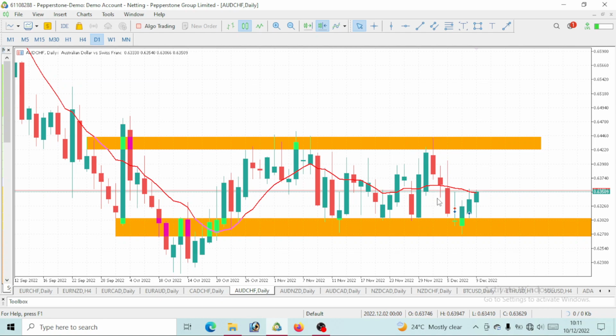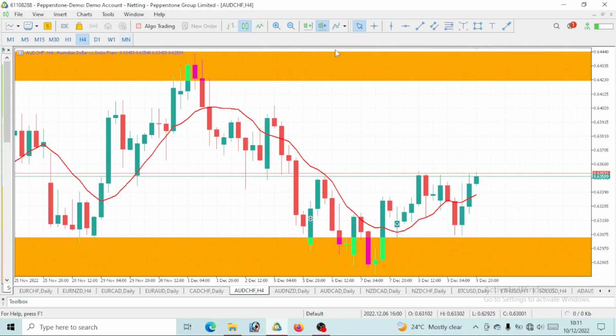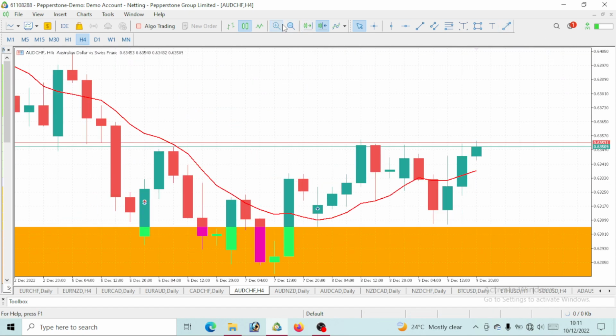So we should continue to move that same way, and that should now take us to the 4-hour time frame. So we clearly can see what this 4-hour time frame says. 4-hour time frame is giving us an uptrend move, so we would see this as an impulse move. Here comes the correction. You can take a look at this as a new high. Here comes the correction on AUD Swiss franc, right? And now a new high is being made, so we should actually break this level at this time.